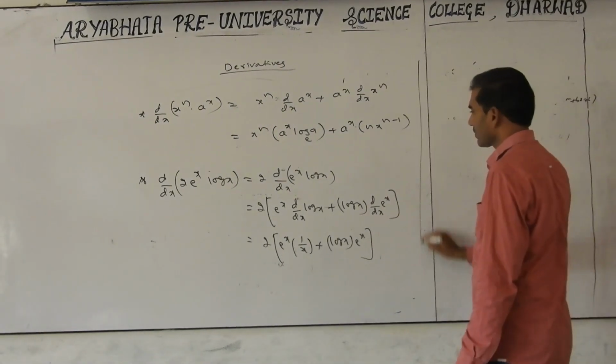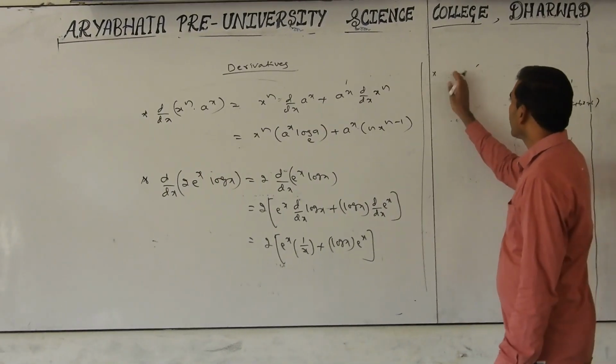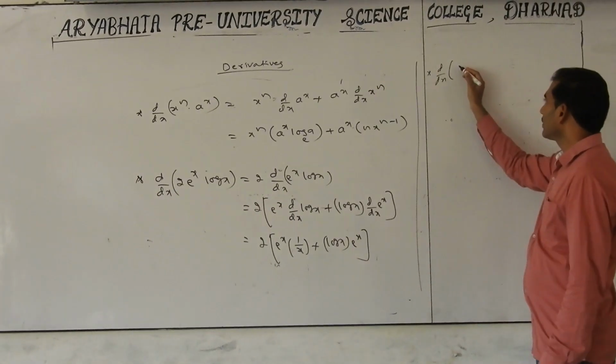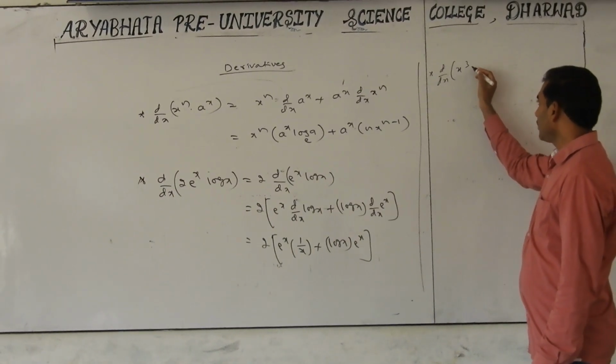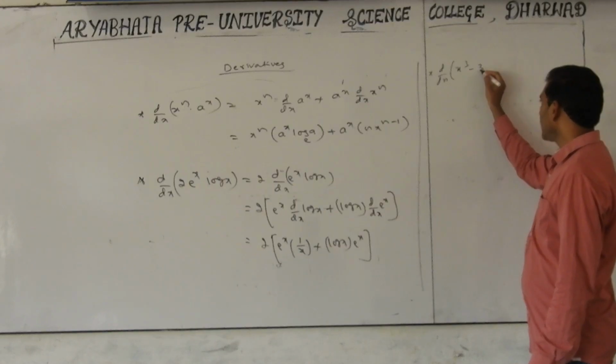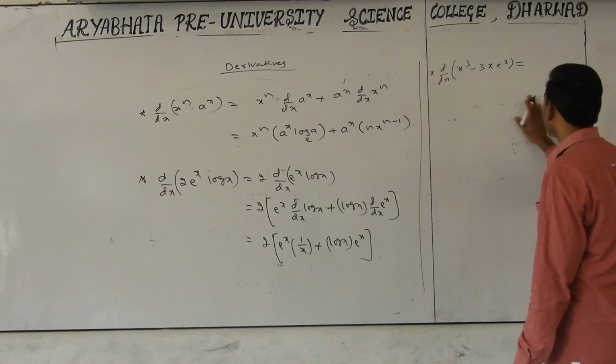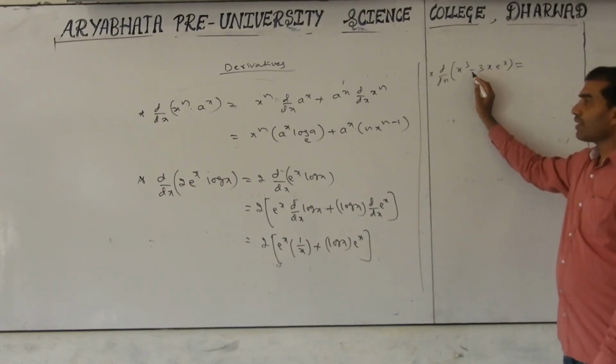Next, d by dx of (x cube minus 3) into x e power x equal. First of all, this is in the form of u minus